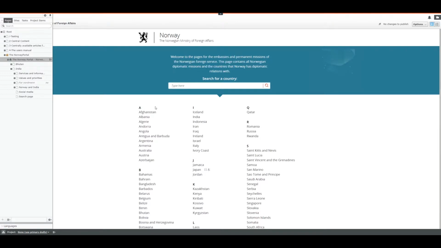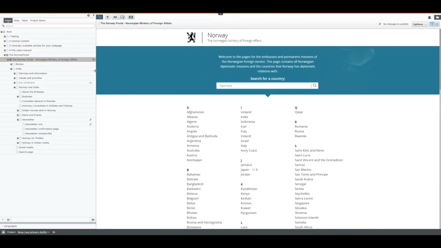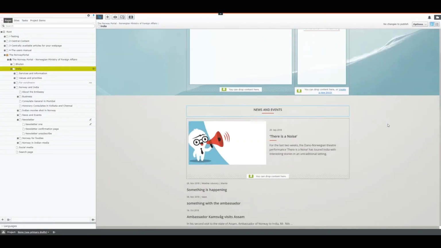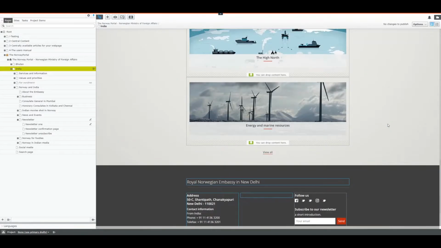So we created the content that we need, and we've added the text that GDPR demands from us. So I'm just going to do a quick go back and look at the things that we've done. We created a page or a section with the necessary information in, and we have a newsletter, the confirmation page, the unsubscribe page, and at the front we also have the subscription block,